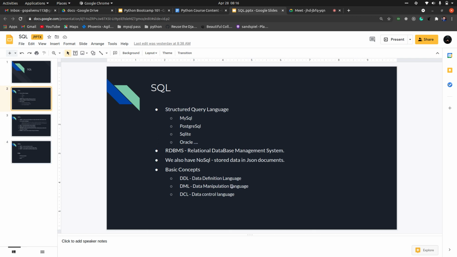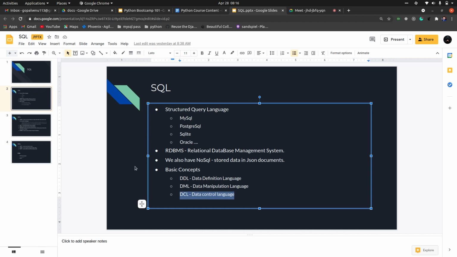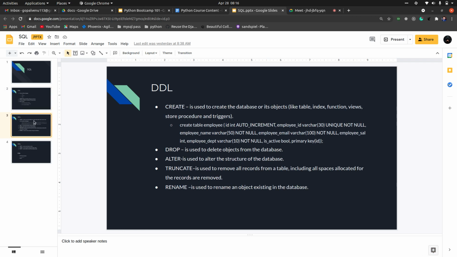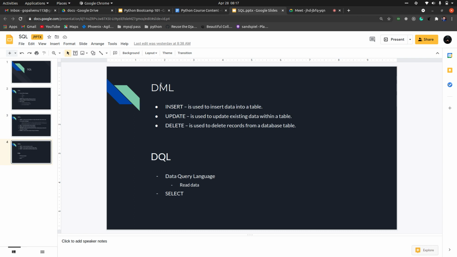So DML is data manipulation language, DDL is data definition language, okay? We won't be discussing DCL. This is like advanced concepts of controls, privileges, users and all, okay? So all these structure definitions come under DDL, because we are just defining and manipulating the structure of the objects. It may be a table, it may be a database, right? Now it comes to data manipulation language. We are changing the data inside the tables, right?